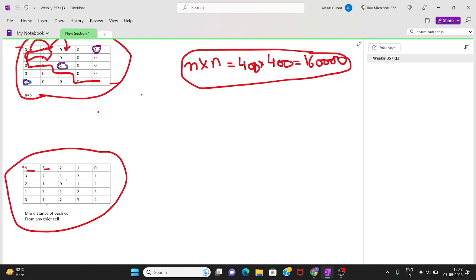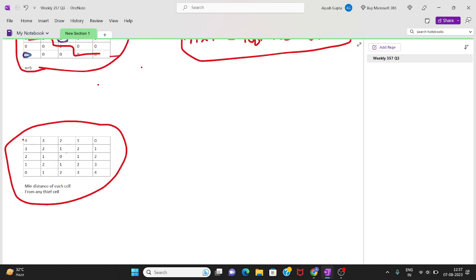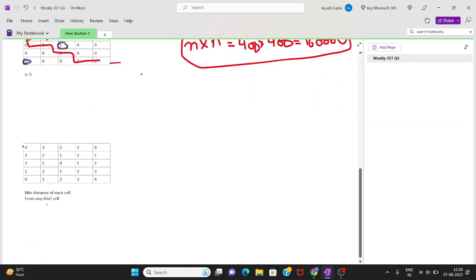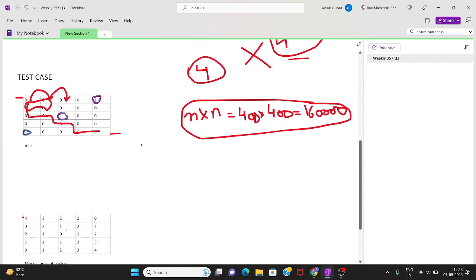But again that would cross our time limit. So we have to come up with a better solution to make this table also. How can we do so? We can start from any thief cell.